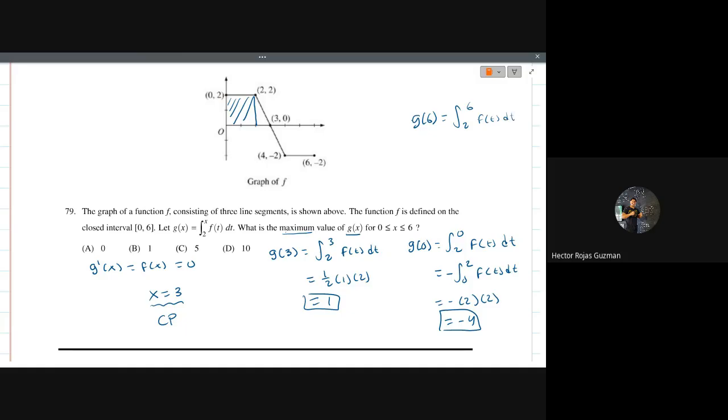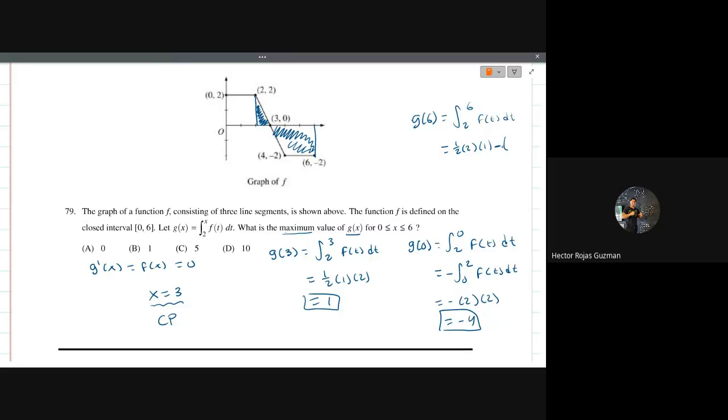Even though I'm supposed to evaluate the endpoint 6, starting from 2, I can already tell you that this answer will not be a maximum, because the positive area is such a small quantity, but the negative area is significantly more, so my value is going to end up being negative. And if we do it, we're going to get 1/2 base times height minus, that's a trapezoid, so